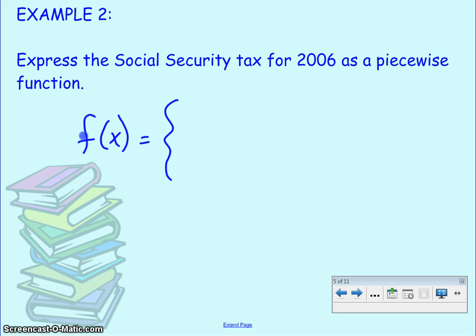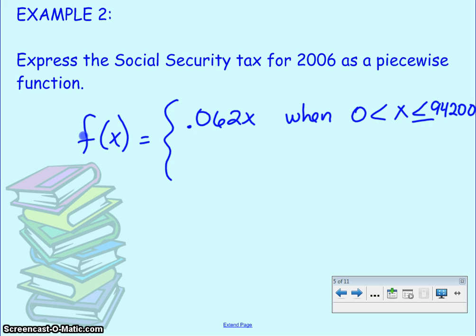Well, we know that you would take the 6.2% times whatever was earned, and that's when someone earned greater than 0, so they had to have a job. Somewhere in there, it falls between that and the $94,200, which was the table maximum for that year. After that, it's